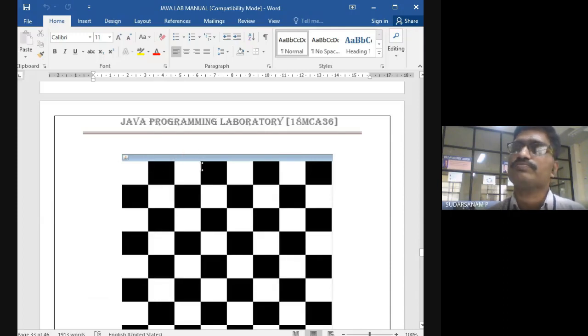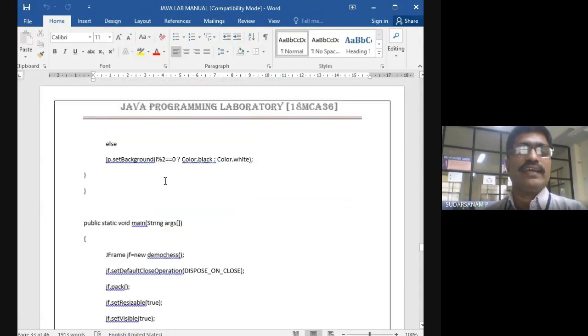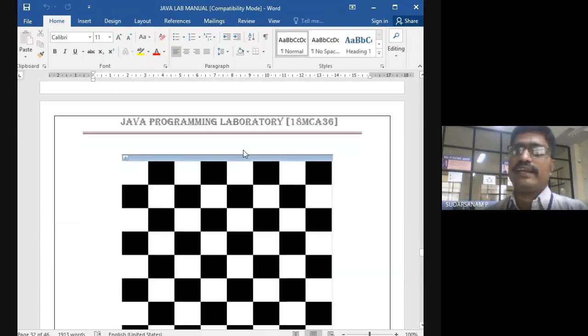Next 8 to 24. Next is 32. Next is 40. Next is 48. So like this it will be changing black to white, white to black, black to white, white to black. Once a frame is completed here, there is no need to give any \n, all these things are not required here. Why? Because the frame you have already set is 8 by 8 only. So once that frame is over, automatically it will move to the next location.